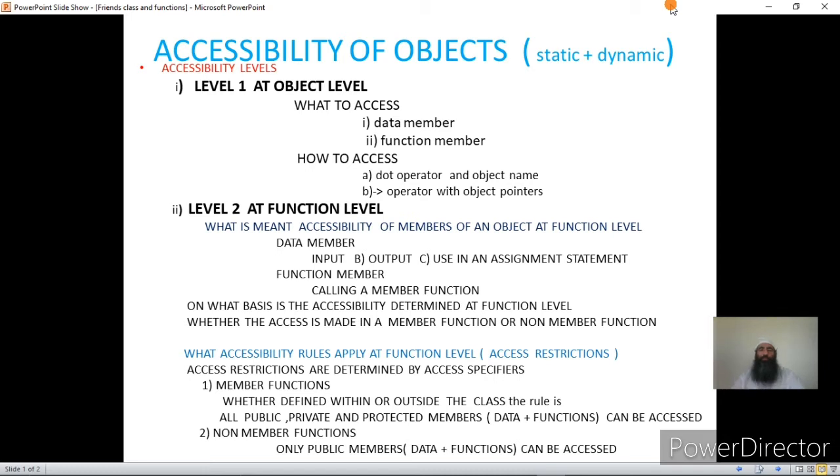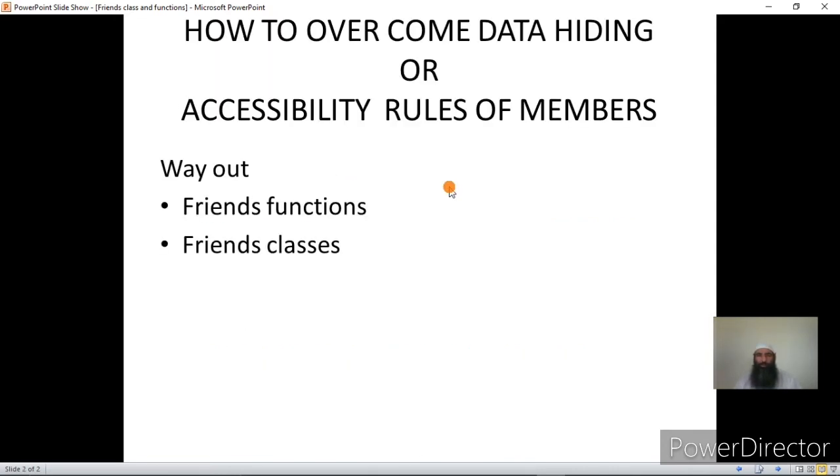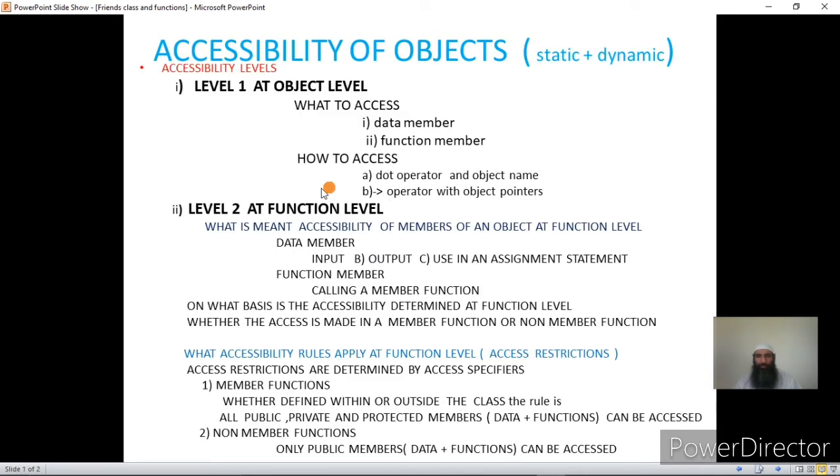So member functions can access anything, and non-member functions can only access the public part with the object name, and the private and the protected part is not accessible to them. Now we'll see this later. Let us first clarify this in the IDE.